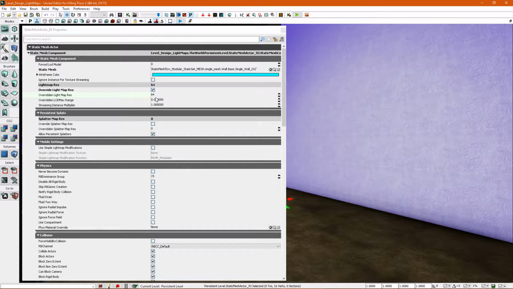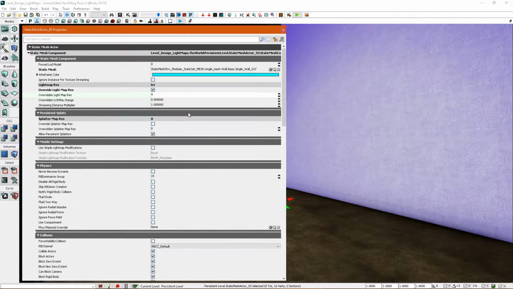That means any value between 4, and the double of 4 is 8, the double of 8 is 16, the double of 16 is 32, 64, which is the default, as you can see. The next is 128. Basically, you just multiply the number by 2, right? 128, and then 256, then 512, then 1024,